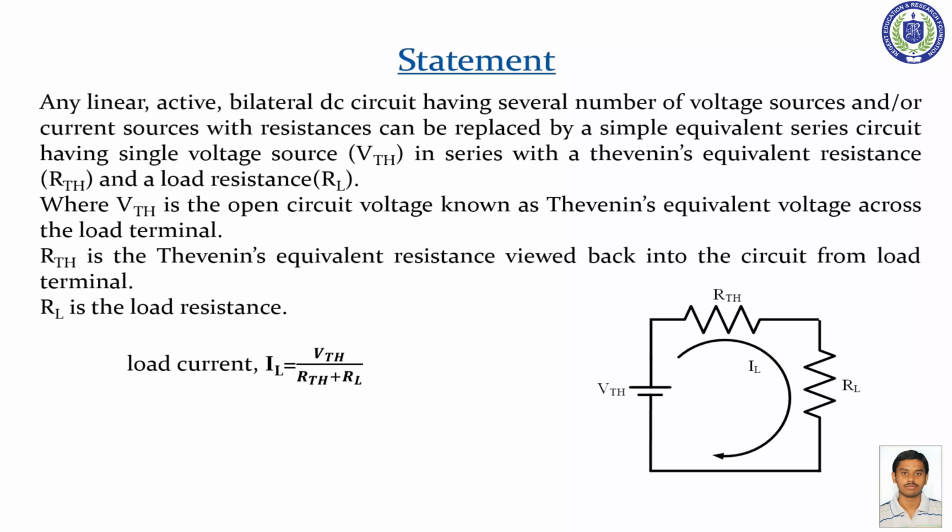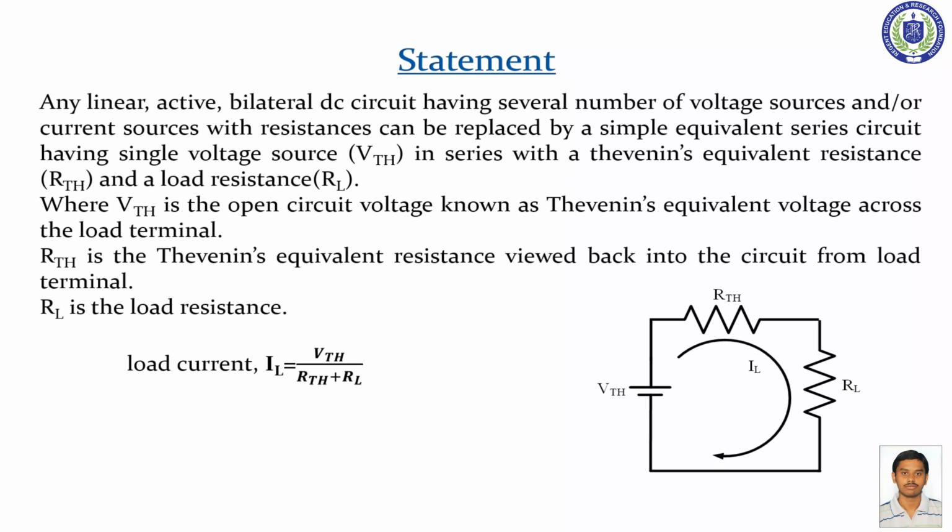The statement is: any linear active bilateral DC circuit having several voltage sources or current sources with resistance can be replaced by a simple equivalent series circuit having a single voltage source in series with Thevenin's equivalent resistance and load resistance. So VTH, this is our